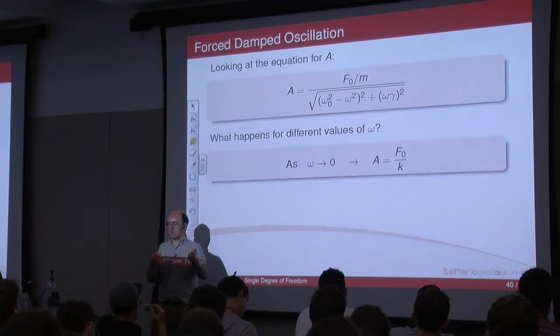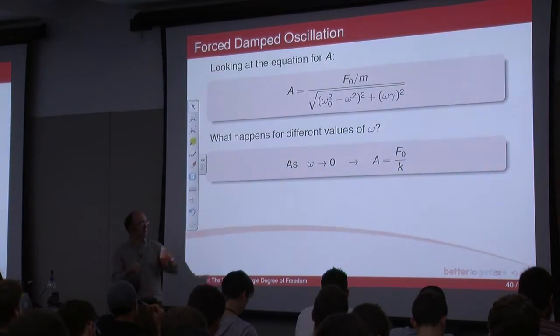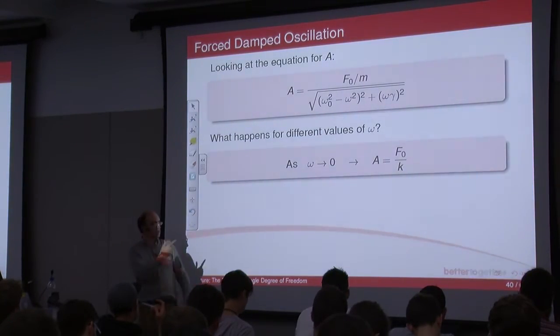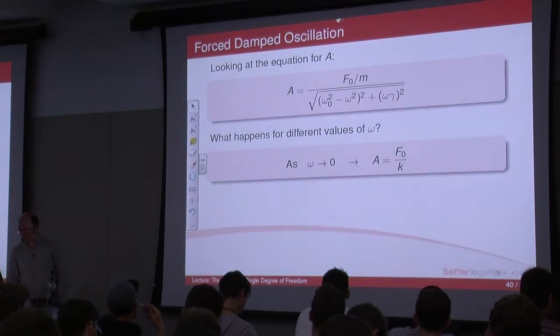And the spring force is K times the displacement, okay? A is the displacement, multiply that by K, you get a force, okay? So that's static displacement, that doesn't change. And that's what happens if you stick omega equals 0 into this equation,